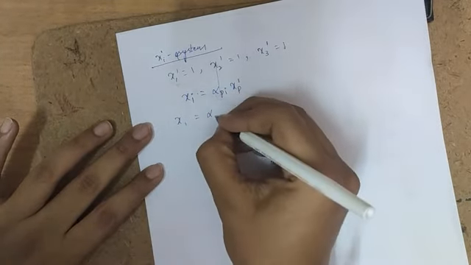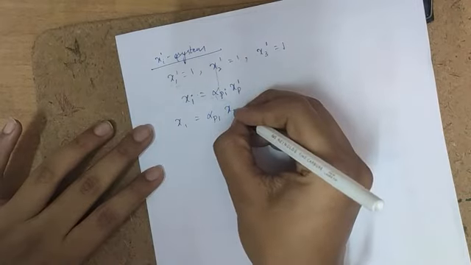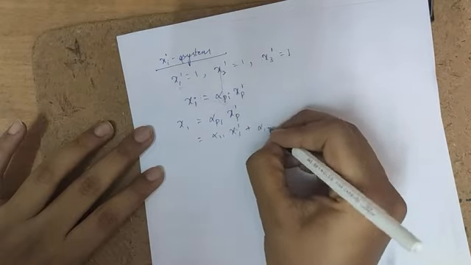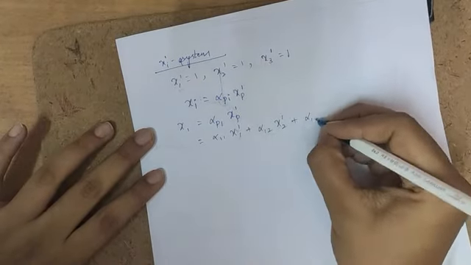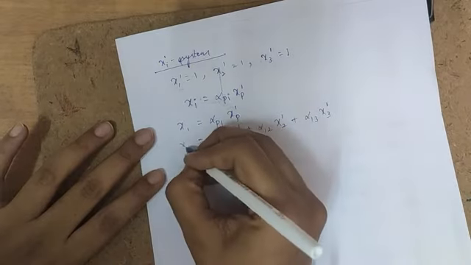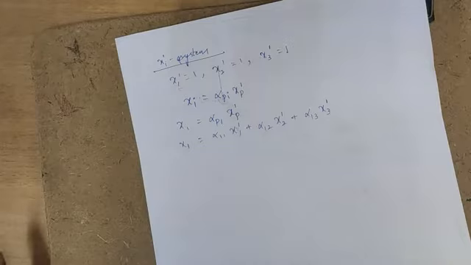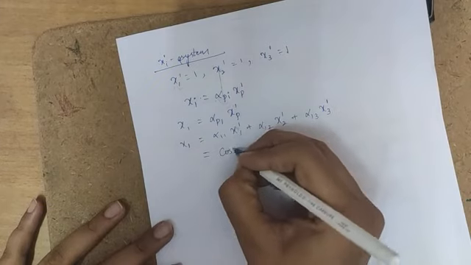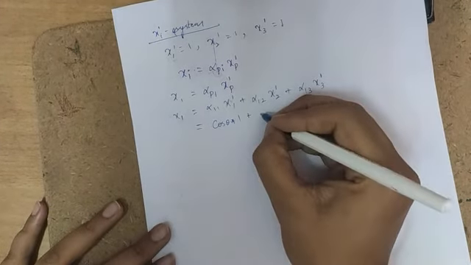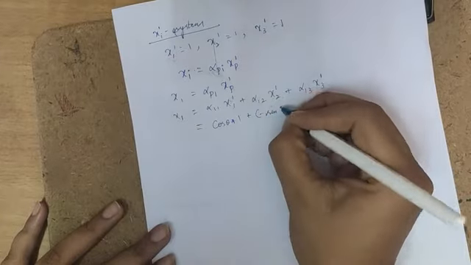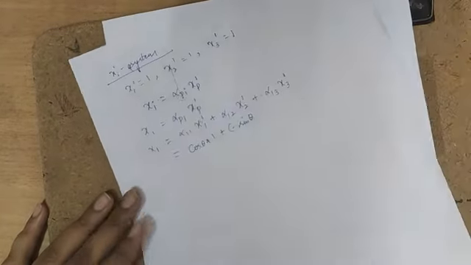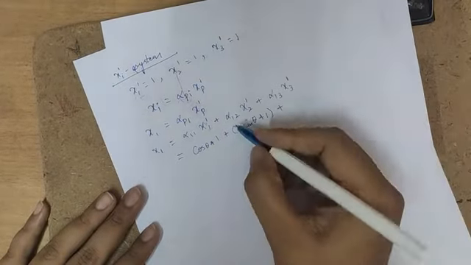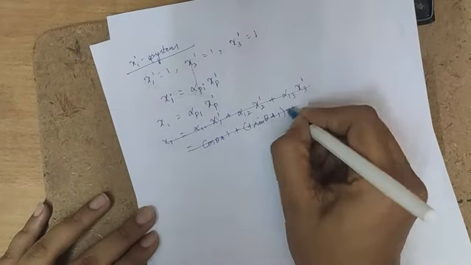So x1 is equal to alpha p1 xp prime, which is alpha 11 x1 prime plus alpha 12 x2 prime plus alpha 13 x3 prime. Again, using the matrix table, if we substitute values, alpha 11 is cos theta into 1, plus alpha 12 is minus sin theta, no, plus sin theta into 1, plus alpha values, it seems I got them reversed. I will rewrite it again.